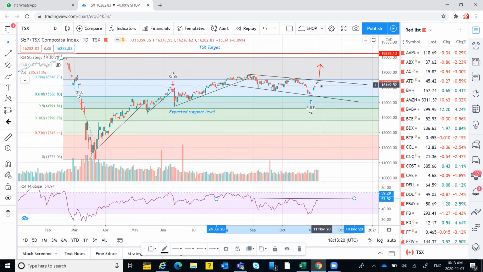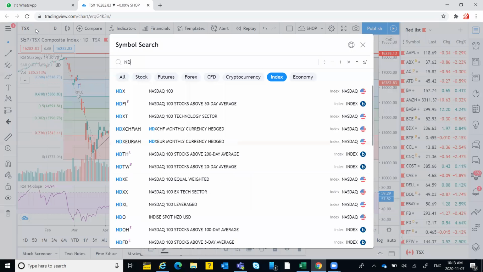This news is a very strong positive news, which will act as a catalyst, and ultimately it will bring the index towards new highs. So that's what we are expecting. True. So let's move on to